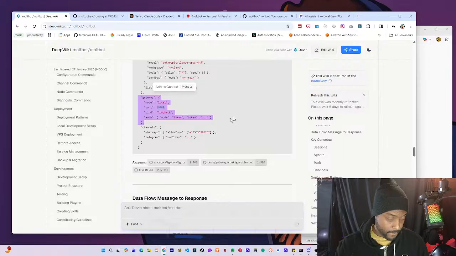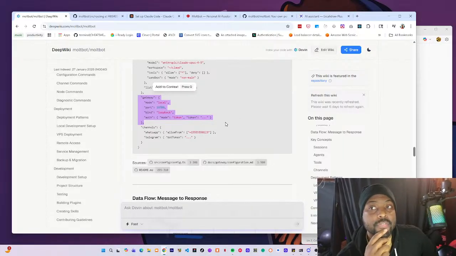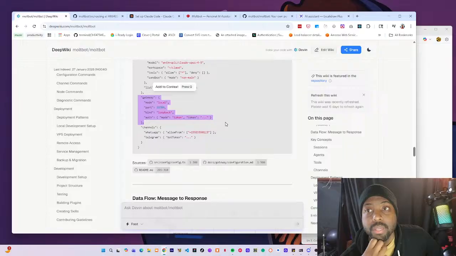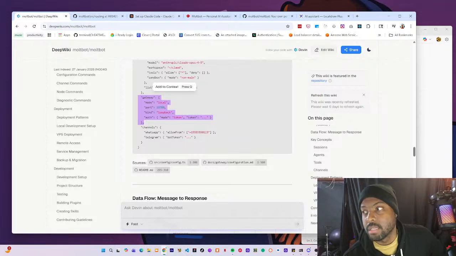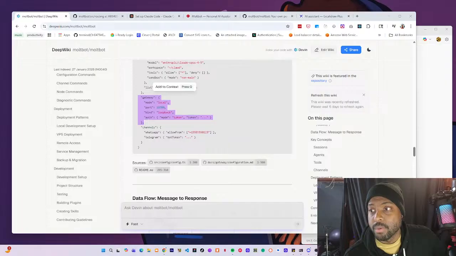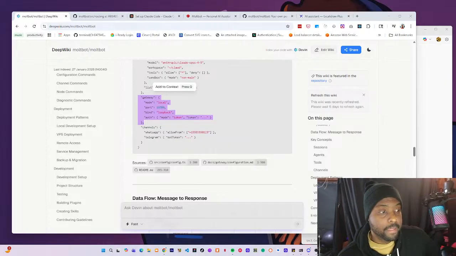I'm kind of curious if it has its own gateway, because I know ClawdBot. Again, we'll be able to dive into it. I know ClawdBot doesn't necessarily care about the